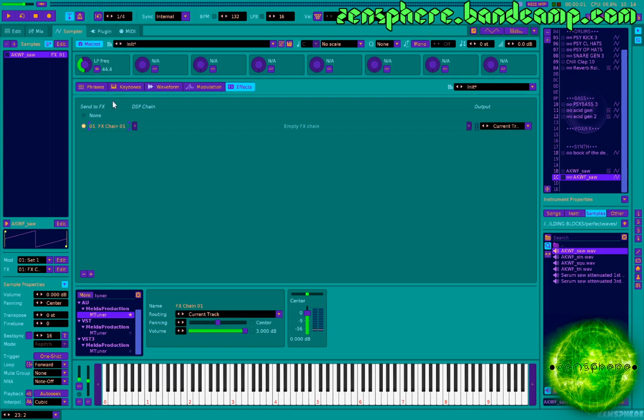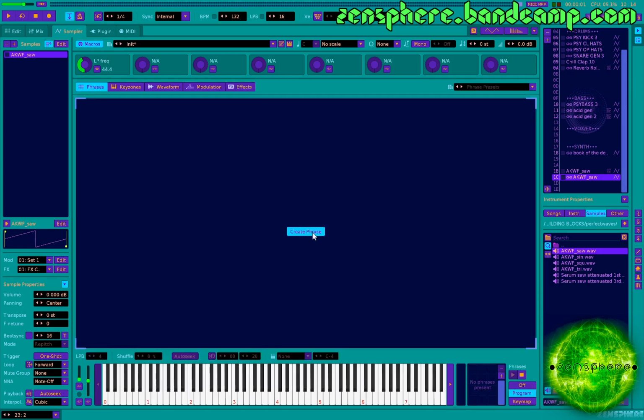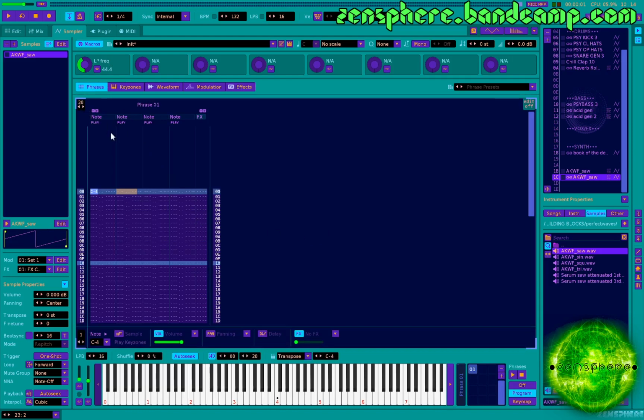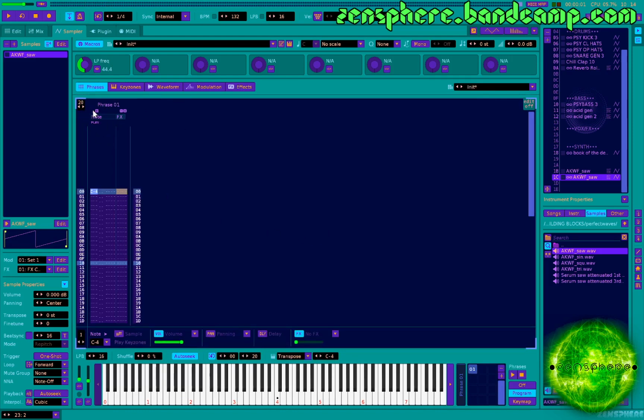Okay, so now we'll go into our phrase section, and we're going to create a phrase. We just need one note column. And I think a length of 20 should be fine. So we're going to create a pattern here